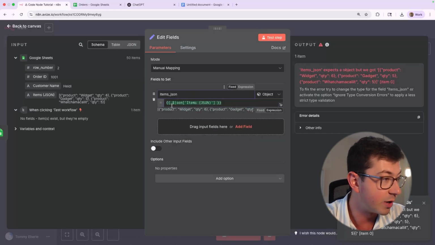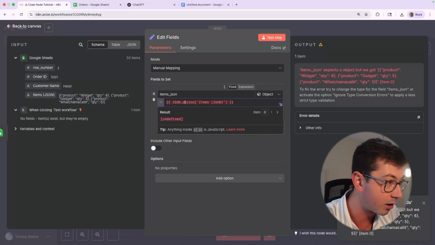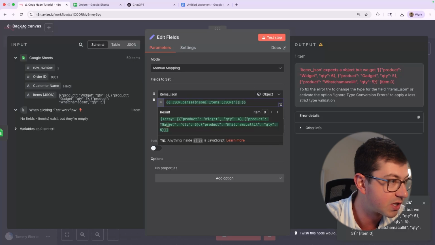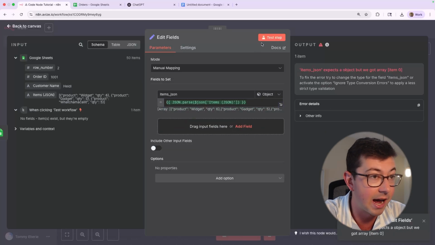But anyway, the issue here is that this is still just a string. So what we need to do is do JSON.parse, and this is going to be some JavaScript right here. We're going to JSON.parse that string, and now notice that we get this little array thing here. That's because now, instead of interpreting this just as a raw string, a raw piece of text, we are actually converting it to a JavaScript object. And now if we run this test step,